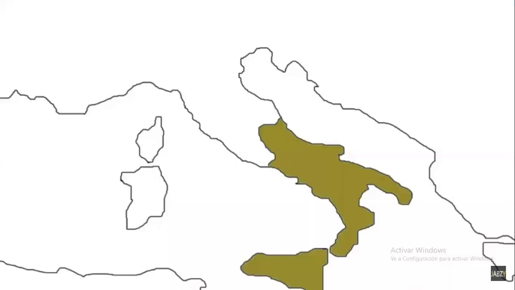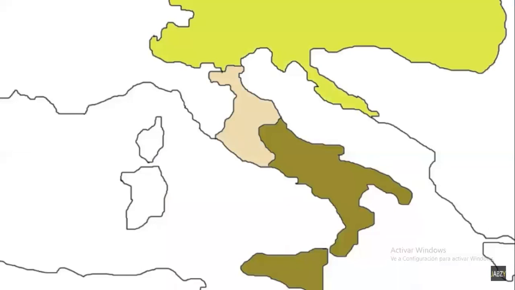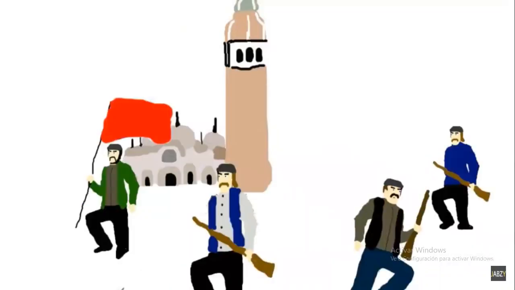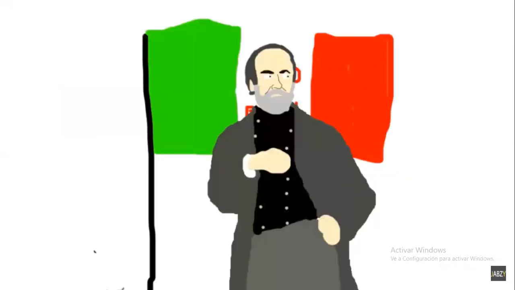Simply put, there was the ultra-conservative Bourbon-controlled Kingdom of Naples in the south, the theocratic Papal States in the centre, the Austrian Empire directly controlled the northeast and had client states in the centre, Parma, Tuscany and Modena, so the only genuinely independent state was the Kingdom of Sardinia, aka Piedmont, in the northwest. And that's how it was until the revolutions of 1848 swept across Europe. In Milan and Venice, revolutionaries rose up against the Austrians, Sicilians fought for independence from Naples, and in Rome they declared a republic. The Roman Republic was led by Giuseppe Mazzini, who founded a revolutionary group, the Young Italians, and